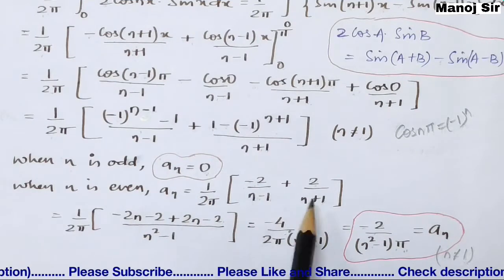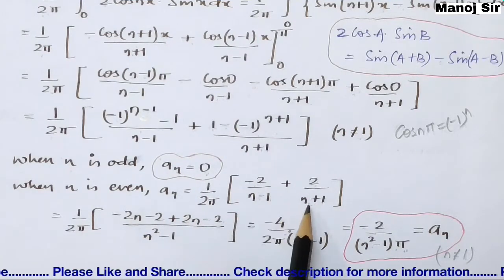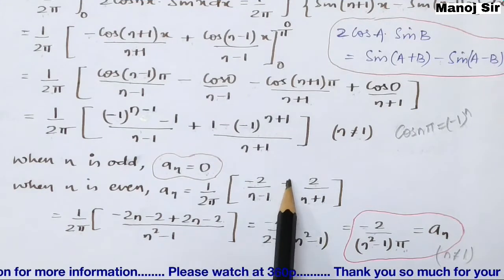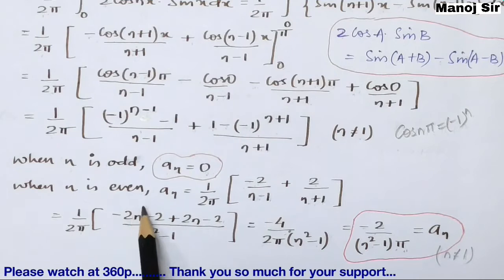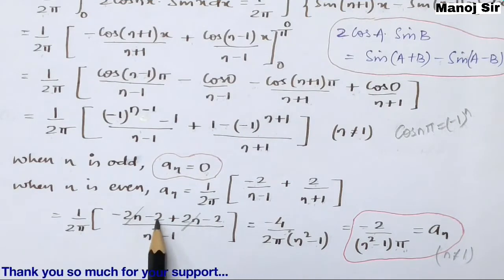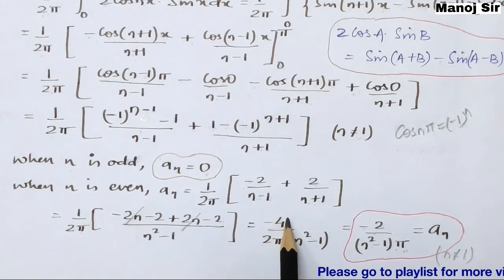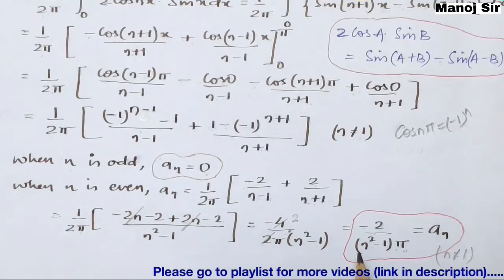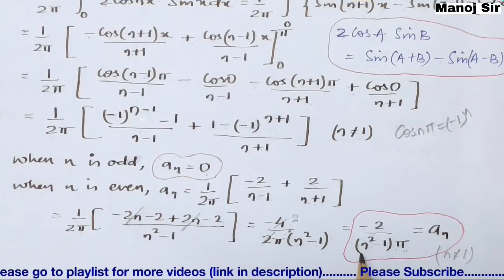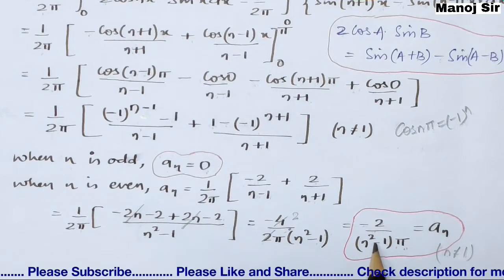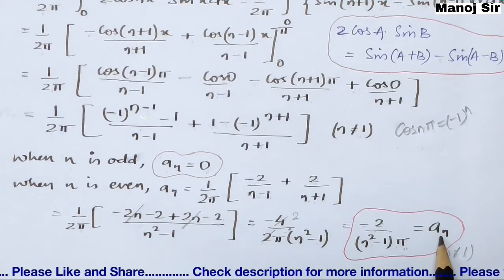Here we have 1 upon 2 pi as it is. Simply multiply minus 2 with n plus 1 and multiply 2 with n minus 1 with this addition. Here you can see minus 2n plus 2n will get cancelled. You will get minus 4 upon 2 pi into n square minus 1. This is 2, so we will get minus 2 upon n square minus 1 into pi. This is the value of